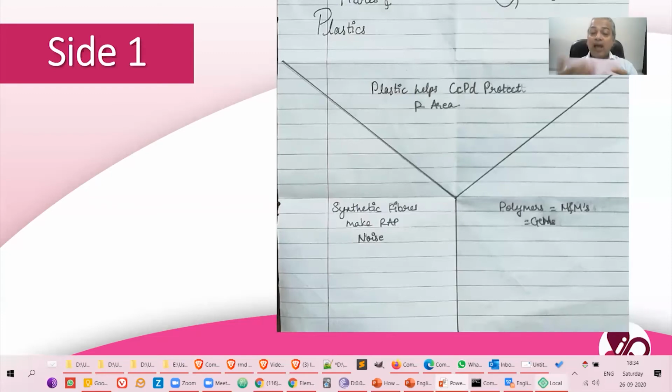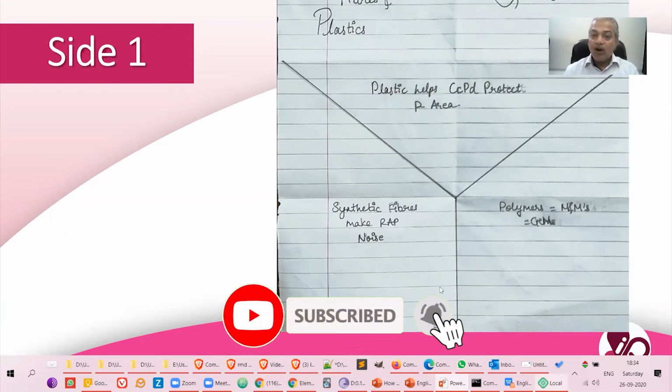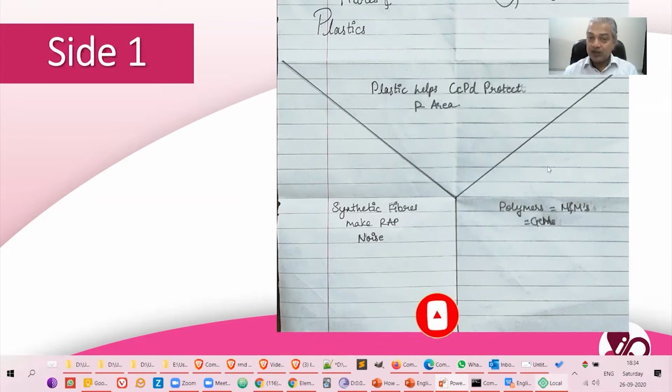Now I've got the blank paper here. When I get a blank paper on half the side, I draw this diagram. This diagram lists all the 3 mnemonics that I've created for the subtopics. This one is: plastic helps CCPD protect our area. Polymer equal to M&M, equal to gems.